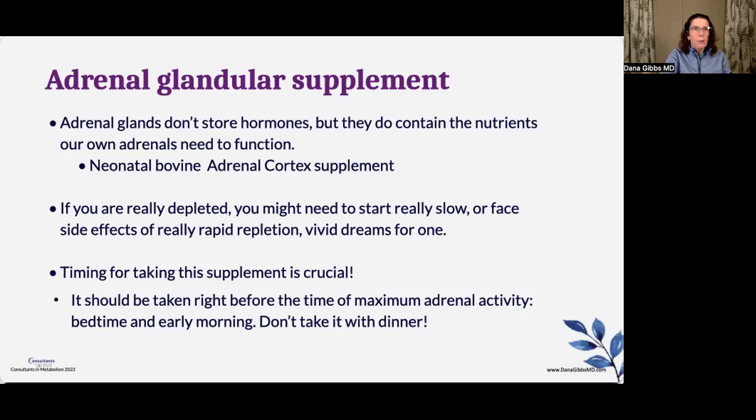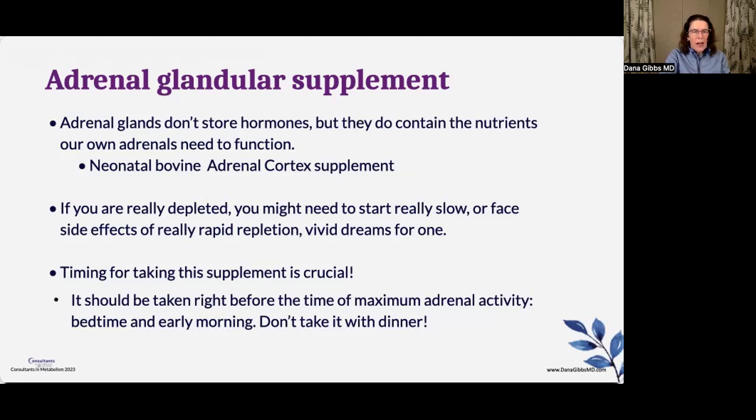Well, there are several companies that sell similar products to the one that I am going to recommend to you guys, that contain cleaned and dried animal adrenal glands in capsules and tablets, but most of them are coming from old stressed animals, kind of like me. So the only brand I really recommend is this neonatal cortex. And the power of this glandular is really remarkable. Within a few weeks of starting, the adrenal glands will wake up and resume producing the correct amount of cortisol, aldosterone, and even sex hormones.